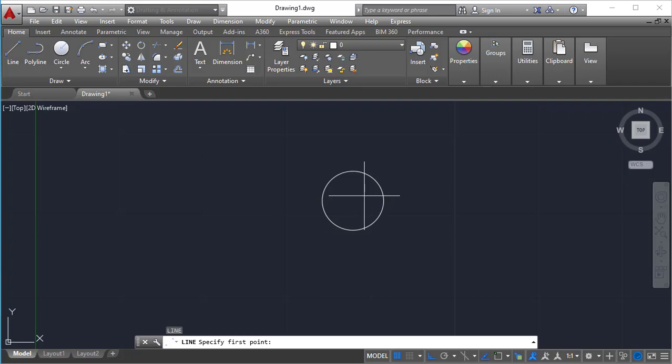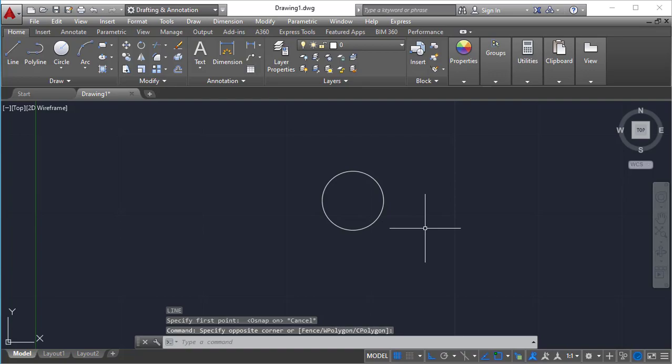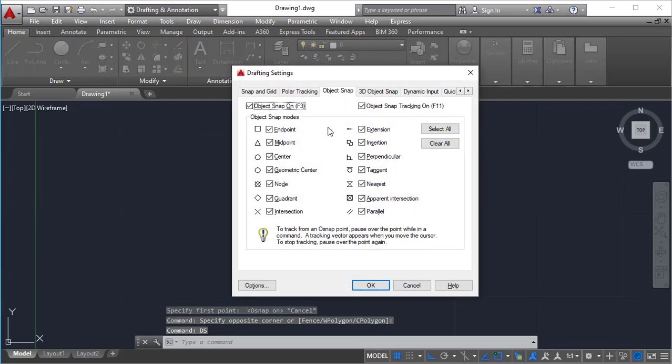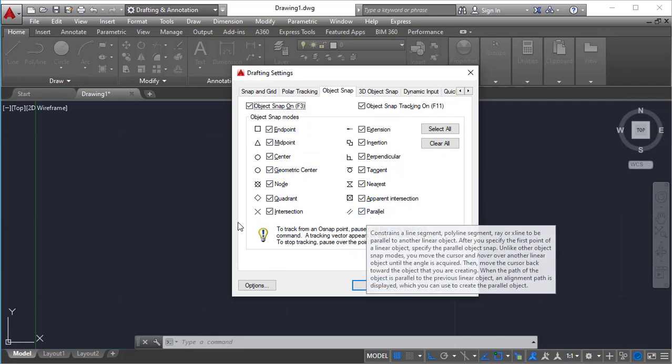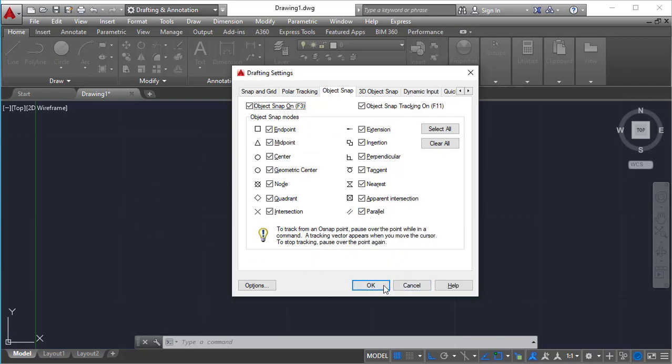Snapping means catching points. If you switch it on, directly it will create some green color points. It is showing some points, right? Directly you can pick all these points. In AutoCAD 2D we have 14 different types of snap points. Go to drafting settings, the shortcut is DS. These are all the snap points. If you have the checkbox on for all these 14 options, you can pick all those on the objects.